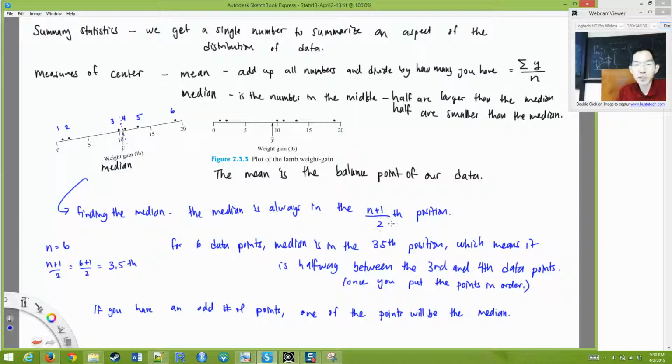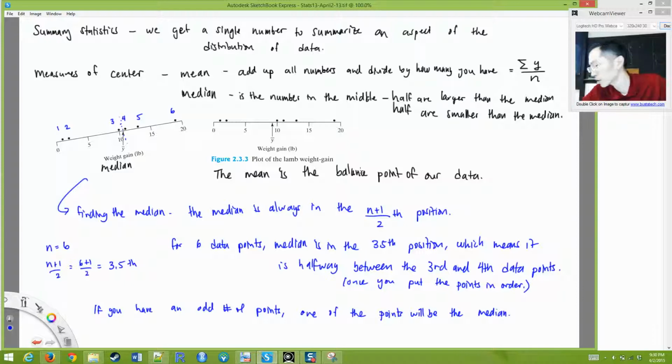You don't have to use this (n+1)/2th position. You can just say, I've got 20 data points, so the median means half of the points will be larger and half will be smaller, so that means 10 are larger and 10 are smaller. You can just put them in order and find the spot between the 10th and 11th point, okay? And that will make sure 10 are larger and 10 are smaller. So whichever way it is,